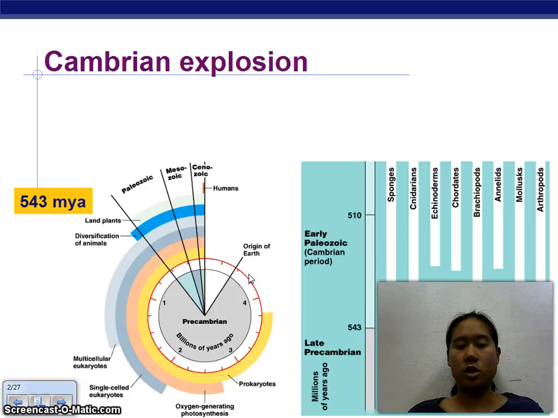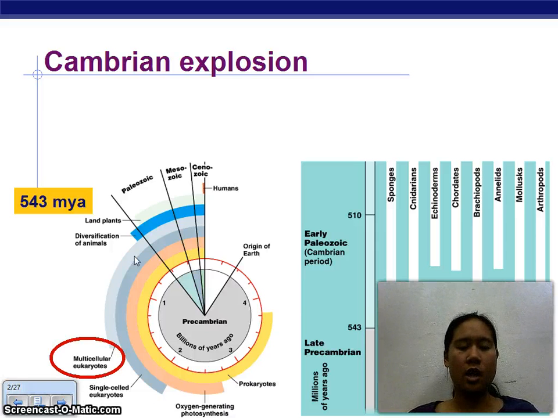There was also the Cambrian explosion, so for some of you guys who did the cladogram with the little guys with antennas and plates, this was a huge period of time when there was a huge explosion of a lot of different animals, quote-unquote animals, diversifying and trying different things. There was a lot of undeveloped niches in this new world, and part of that was the Cambrian explosion, creating a lot of very interesting looking organisms. And those organisms were multicellular eukaryotes.